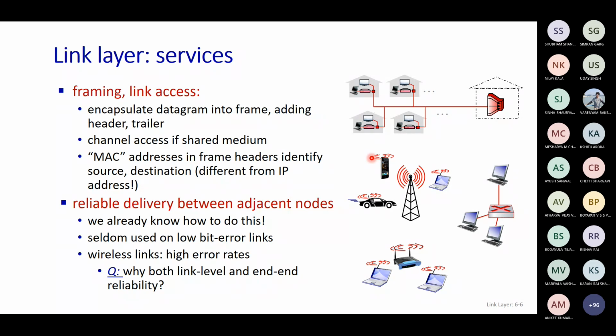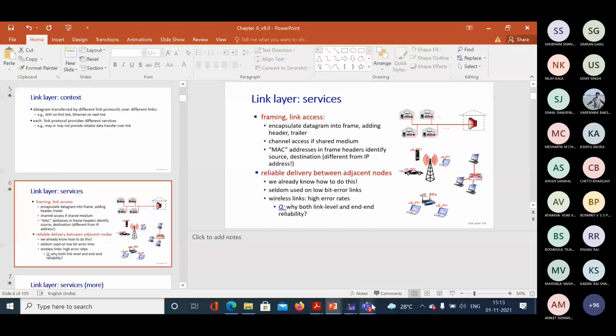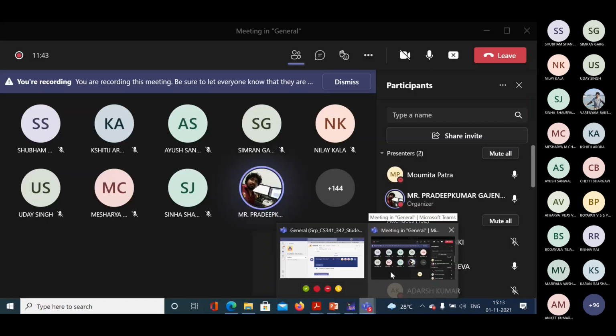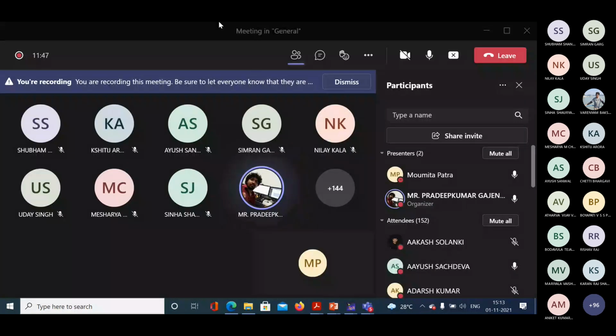Okay, before I start further, I think Pradeep, you are the TA, right? Hello, Pradeep. Hello, yes, ma'am. Okay, anyways, hello, hello. I cannot hear Pradeep. Anyways, if you can hear me, or the students who can hear me,